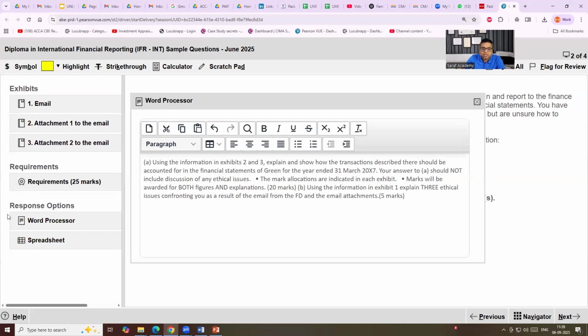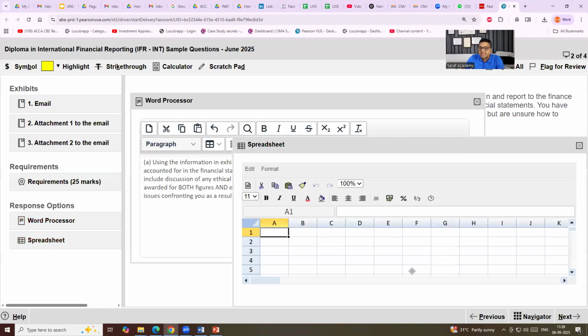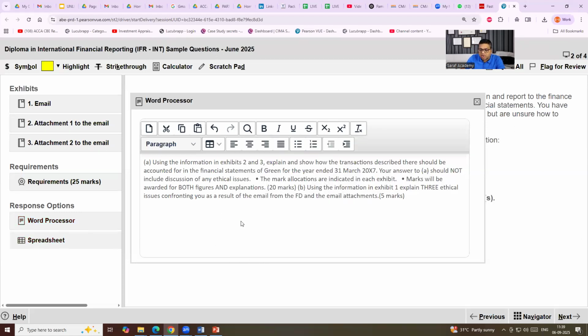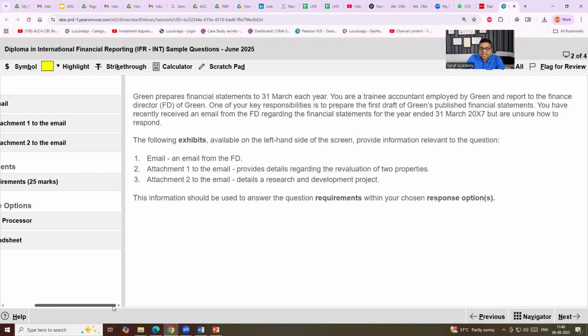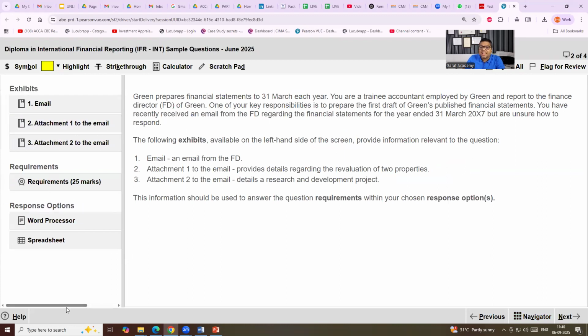It's a theory question, so the word processor is there. Maybe some numericals are there, so my spreadsheet is there. You can write plus, minus, do the numericals here, and type the theory here. So they will give you both a word processor and a spreadsheet to do the calculations and to write the theories. When FR students will be giving exams, the FR exam will have essay type questions also, with a word processor, a similar presentation for FR. For IFRS, there is no multiple choice.